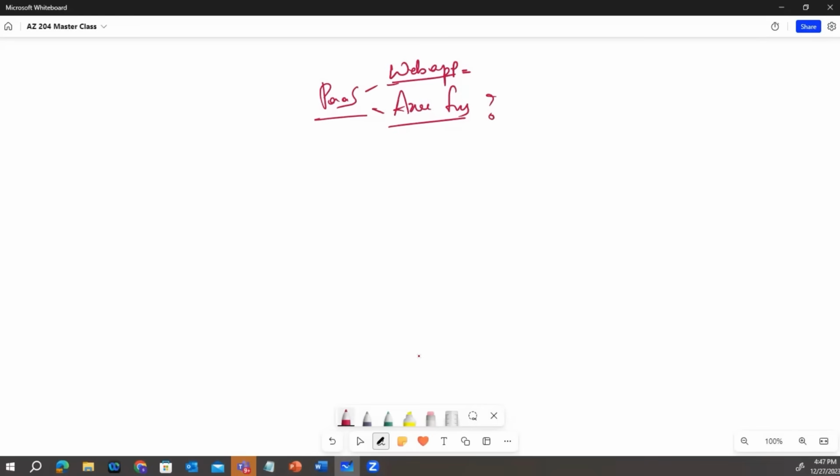Right? So basically, take an example of small activities like image compressions or notifications, or certain automatic tasks that you want to do. So let's take an example of one scenario where you have a database, okay, and you have a web application.